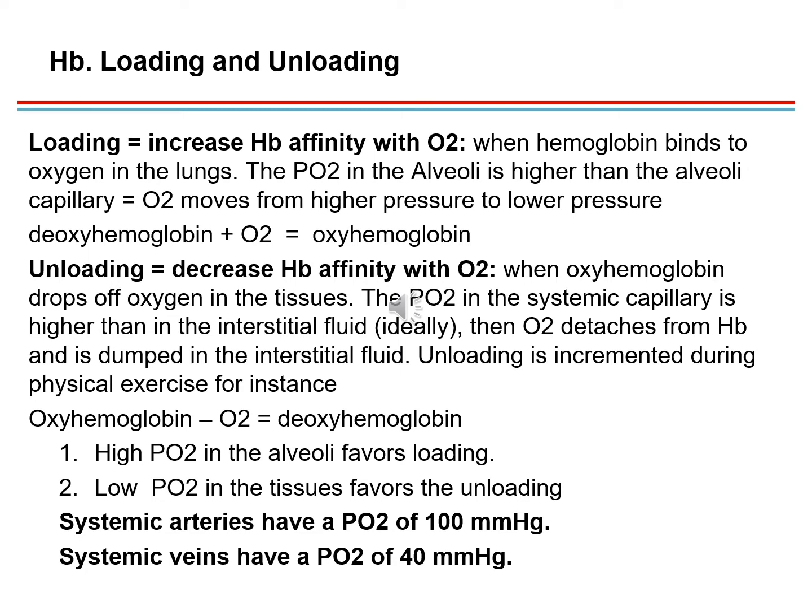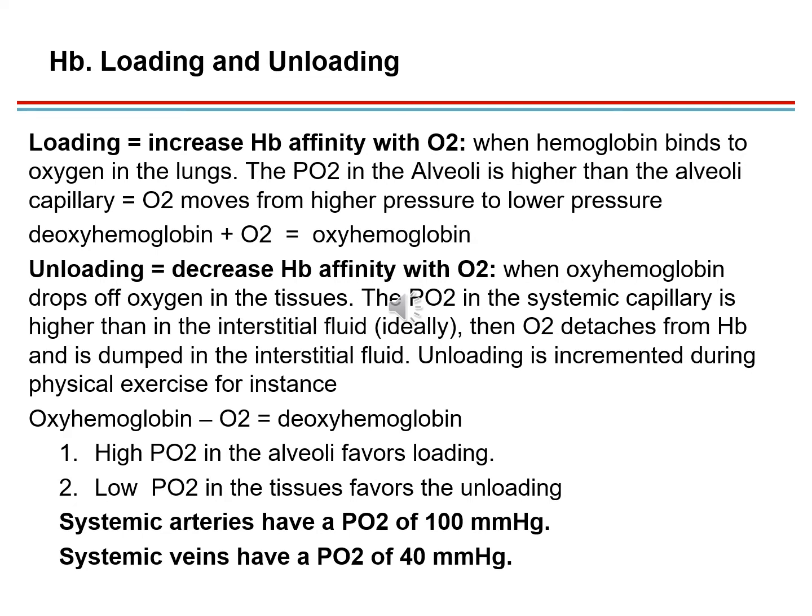When oxyhemoglobin drops oxygen in the tissue, that is decreasing the affinity of hemoglobin with oxygen and is facilitating the unloading. It happens at the tissue level, because at the tissue level the cells need oxygen for cell respiration,